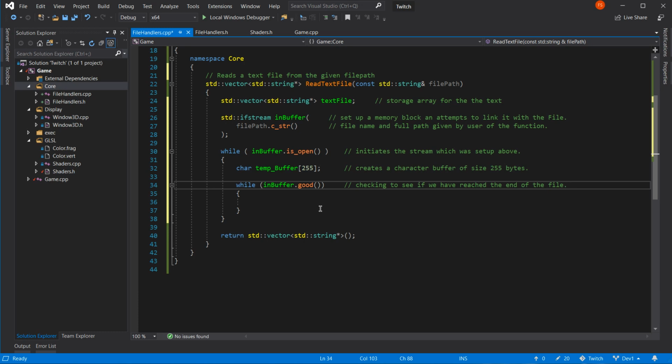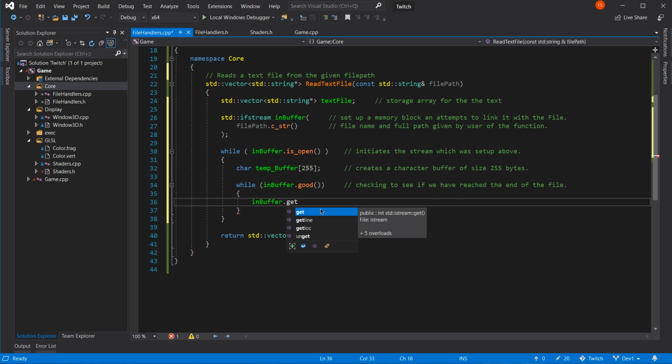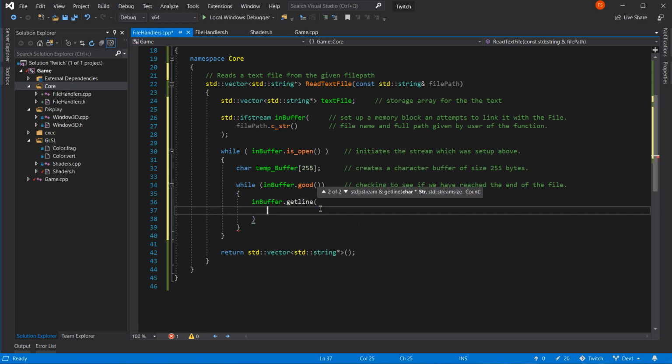So now we've checked that we're not reading just gobbledygook, and we are actually inside the file. Let's get ourselves some text. So in buffer, let's get a line of text. Yeah, we can do it that way. We'll pop it all into our temporary buffer.